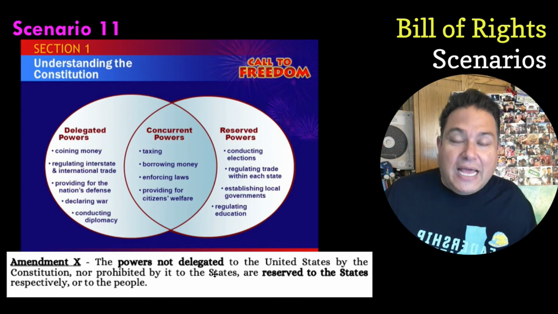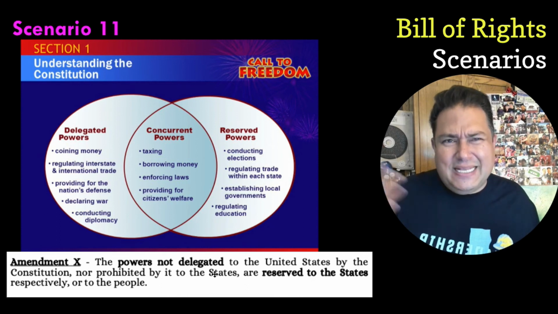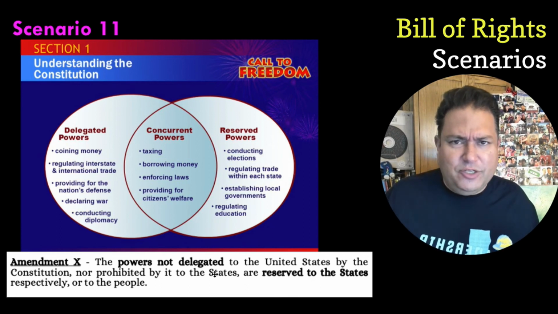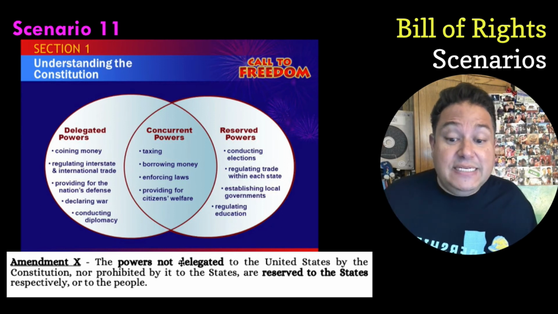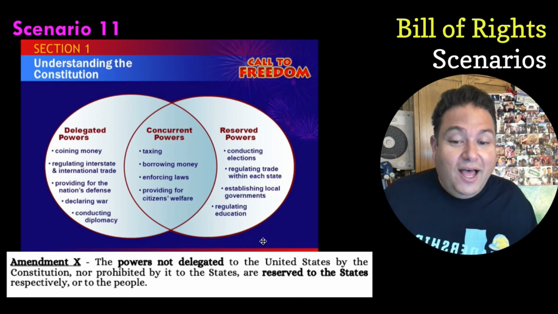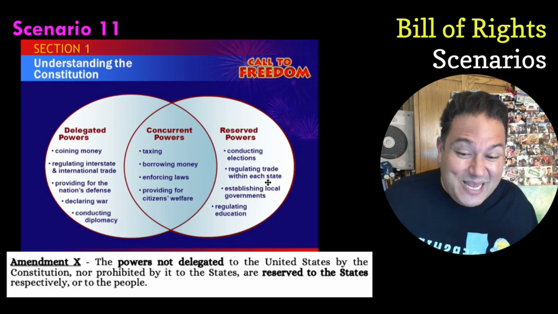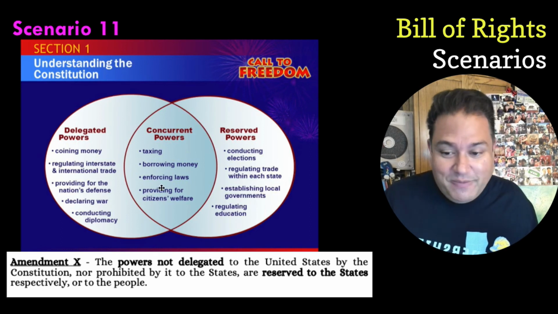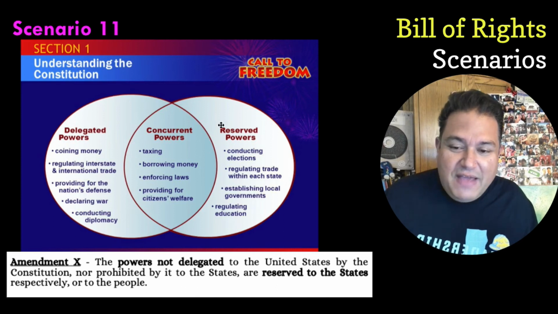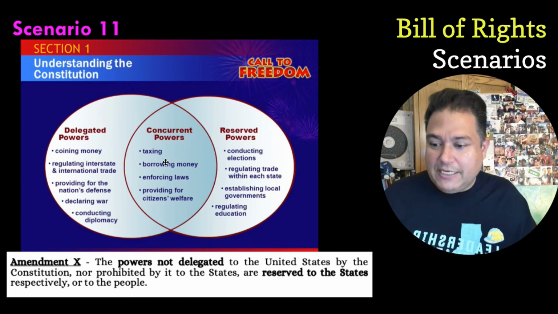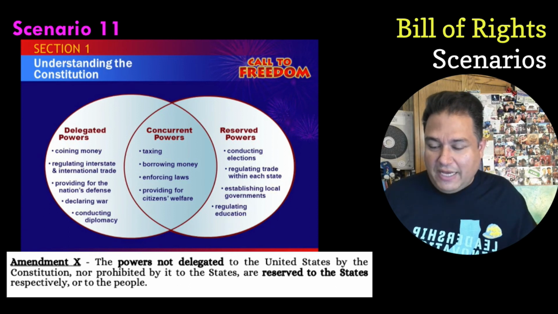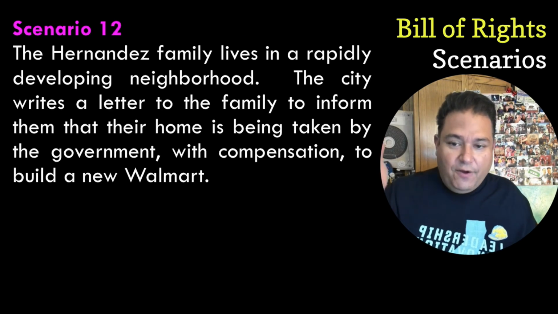But if you're using the language of the Constitution, which we didn't, because I think it's easier and simpler to just call them national, state, and shared. But if you're using the language of the Bill of Rights, delegated powers, reserved powers, those are the state powers, and then concurrent powers. These are just fancier names for the same thing that we've already learned: national powers, state powers, shared powers. Okay, I think we're finally on number 12, which is the Hernandez family lives in a